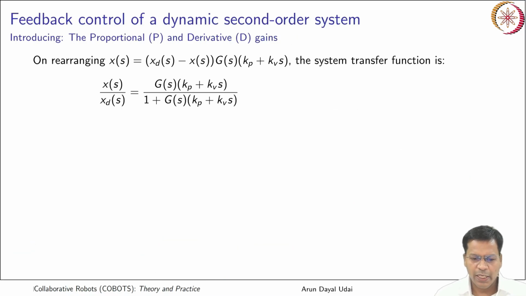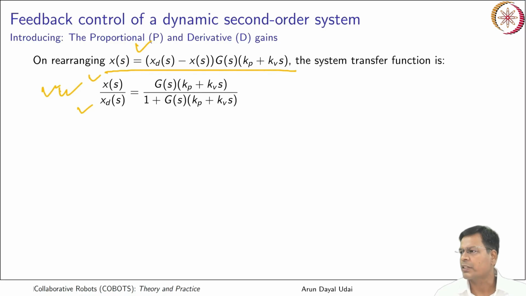Now what I'll do, I have just put down this equation here once again. Same equation. Now I can rearrange this and write it in this form. I have just taken the XS by XD form now. Taking XD common from this and taking XS also to the left side of the equation, I can express it like this.